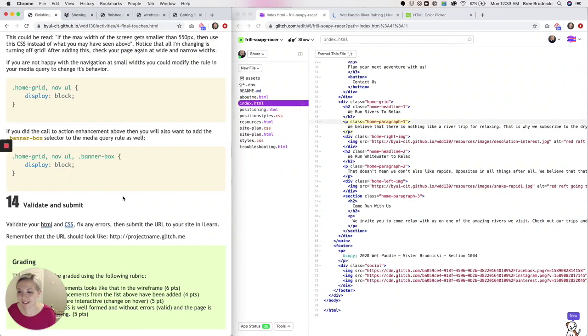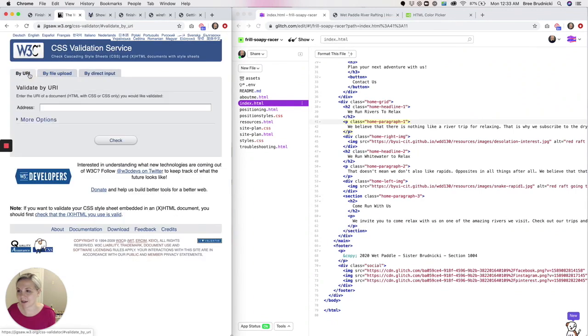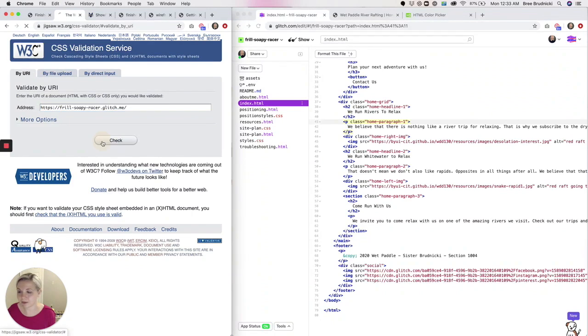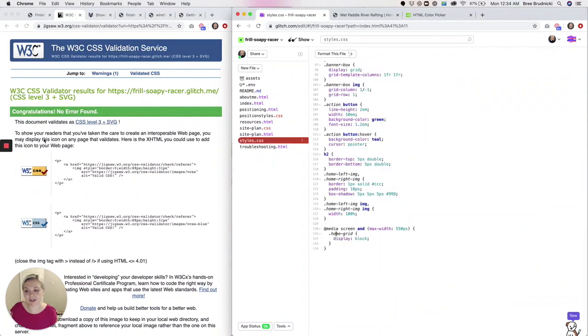So you validated your HTML in the past. This week you need to validate your CSS as well. So you can click on the CSS link. And then again, we are going to do it by URL. And check it. And we didn't find any errors. However, you might. And if you find errors, just like with the HTML, you need to look for the line number and find what happened with your CSS. Maybe you forgot a semicolon, maybe you misspelled something, but for this activity you do need to validate your CSS,